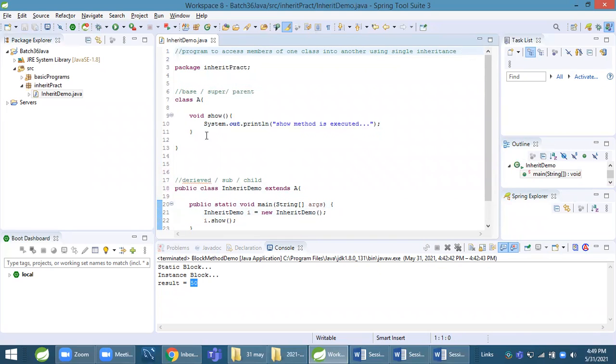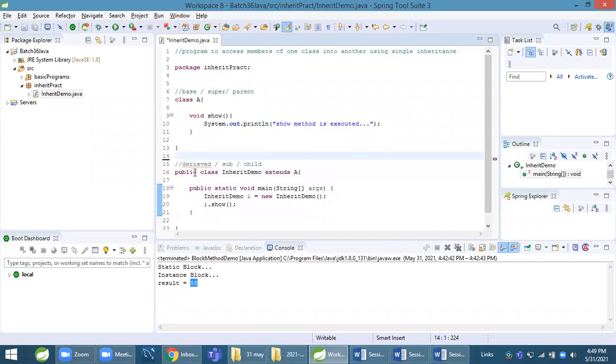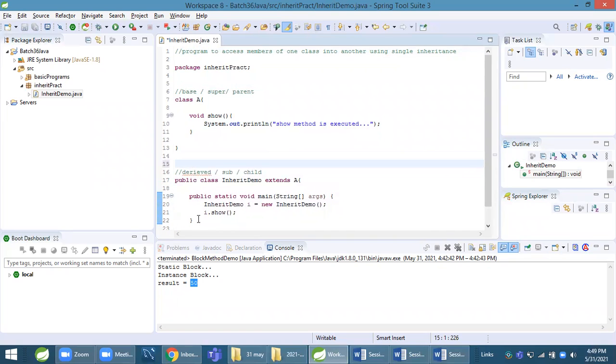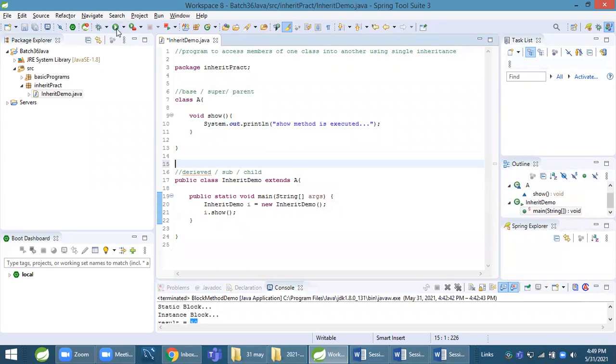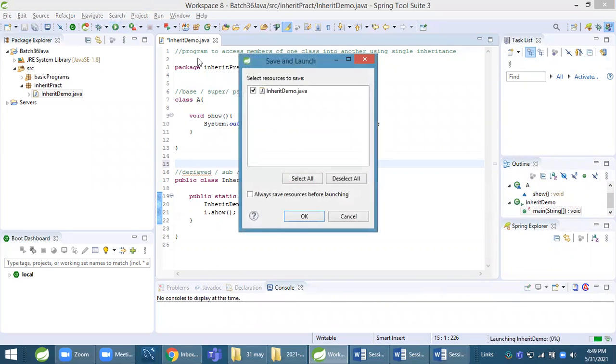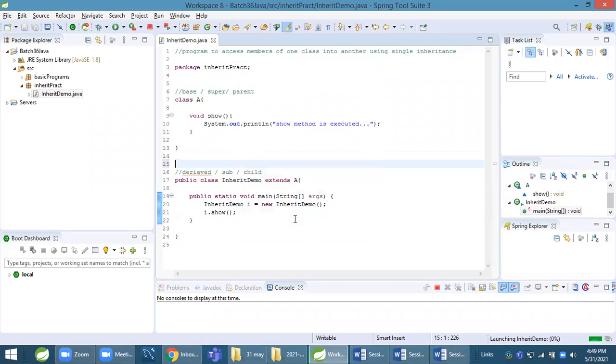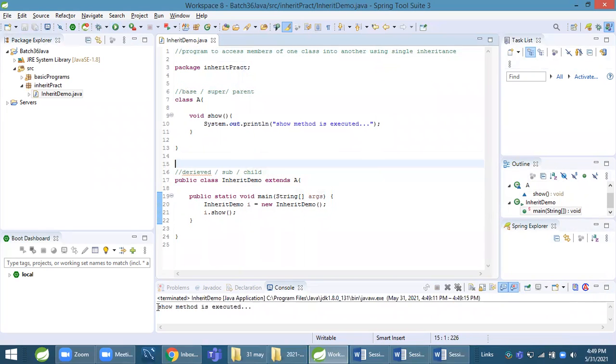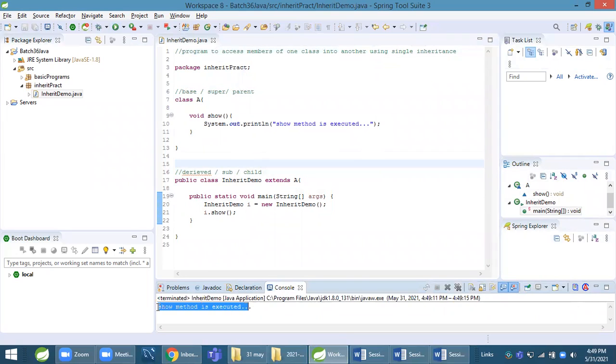Now we are able to access that show method in this class. When we run this, it will call the show method and show whatever the output is. So the output of this method is show method is executed. This is how we achieve inheritance in Java.